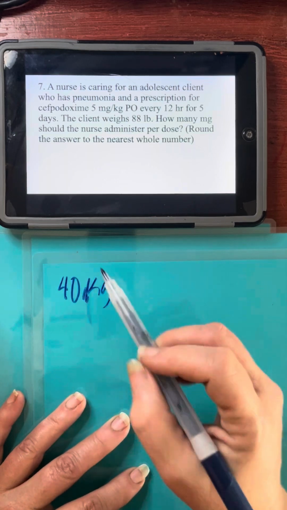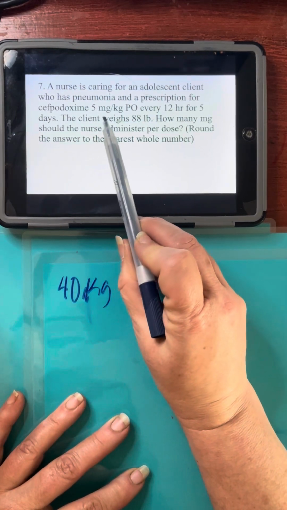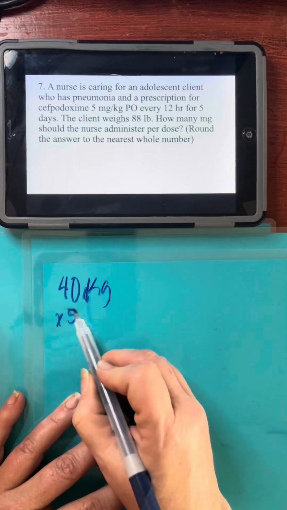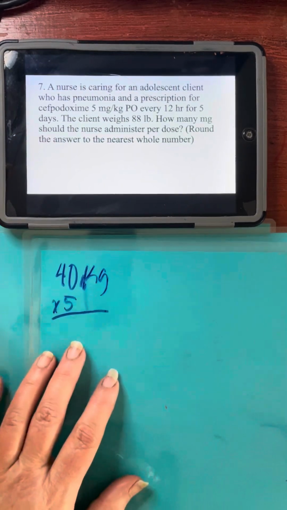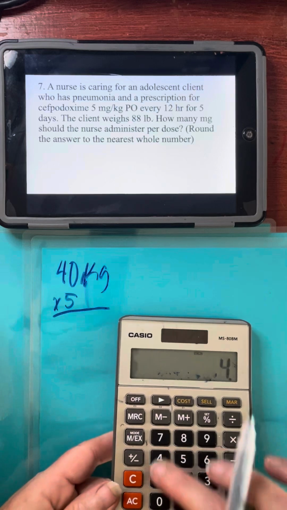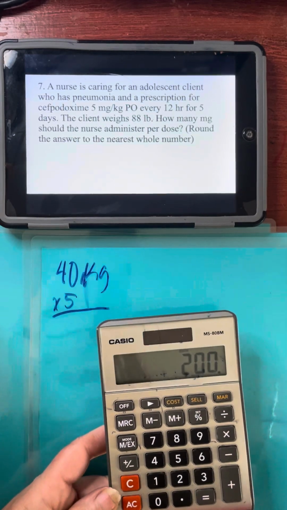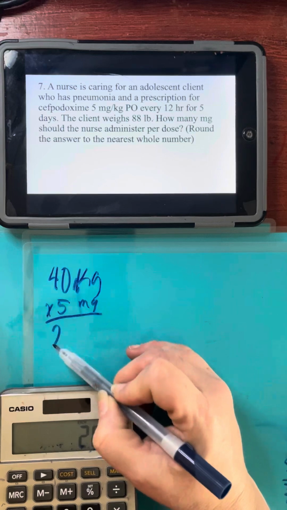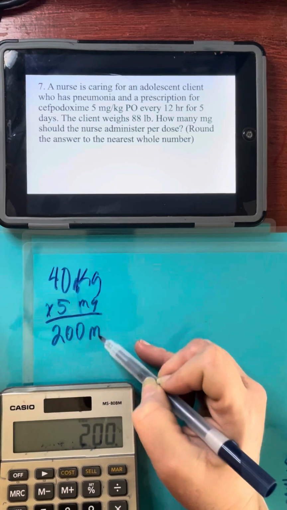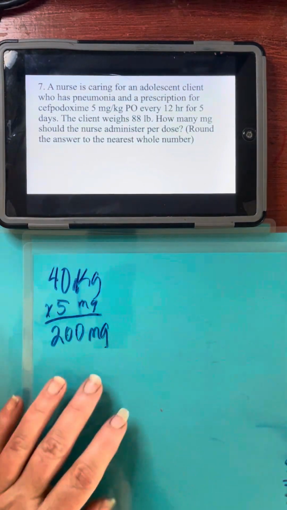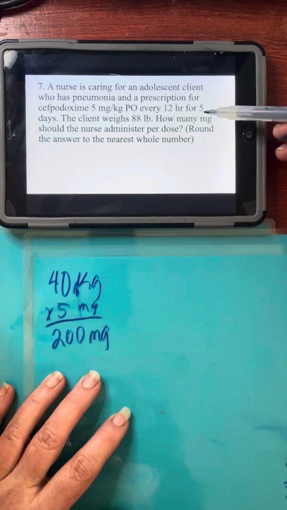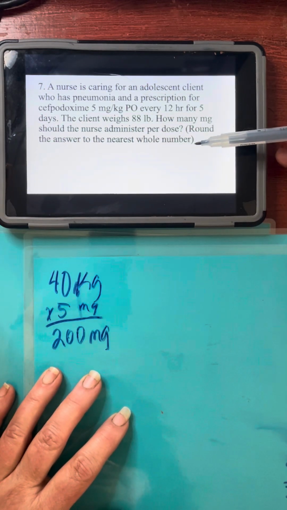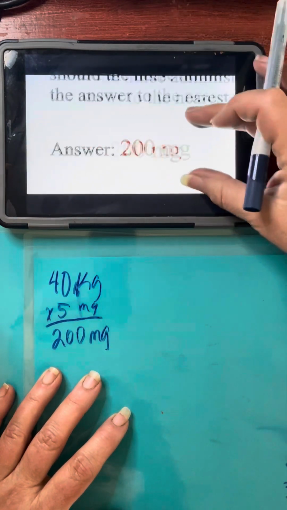Rocking it. Okay, so he wants 5 milligrams per kilogram, and we got 40 of them, so we got to multiply that times 5 milligrams. 40 times 5 equals. You see that answer? This is milligrams, so your answer is going to be 200 milligrams is what they need to get. And look, the question is saying how many milligrams should the nurse administer? And look, boom,